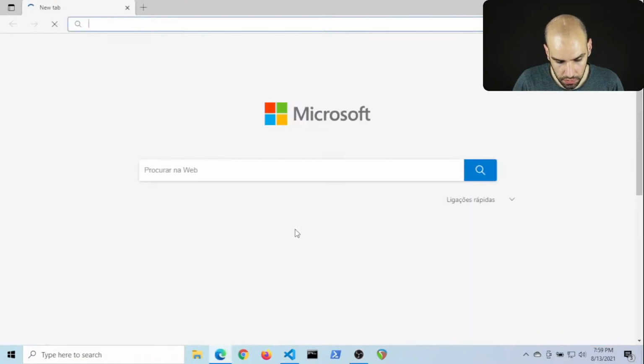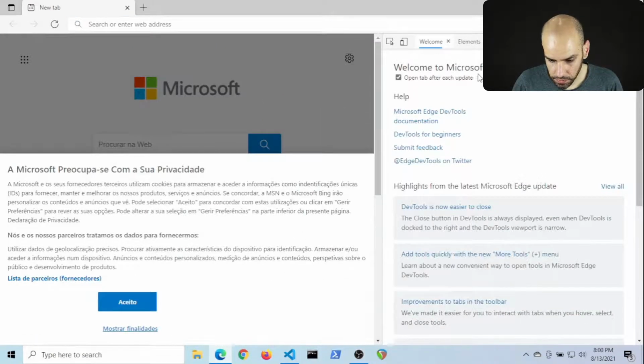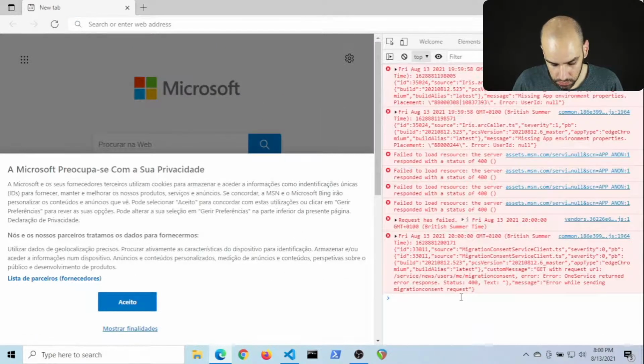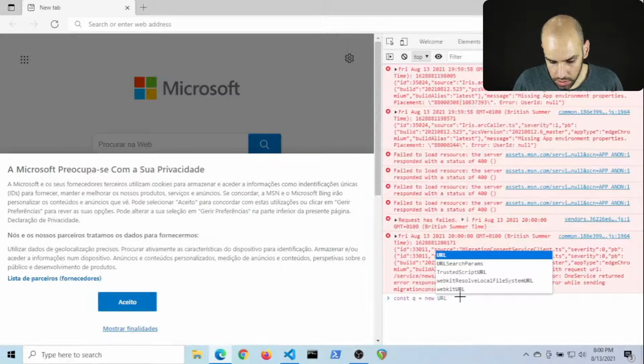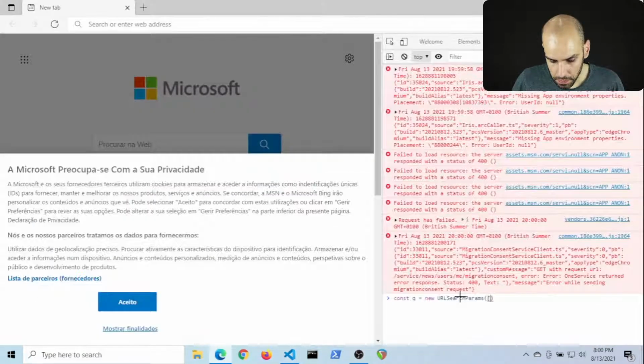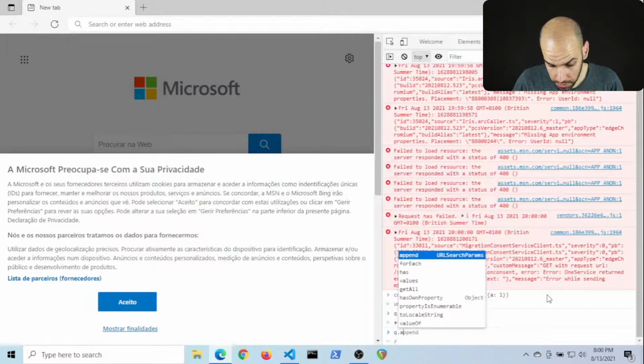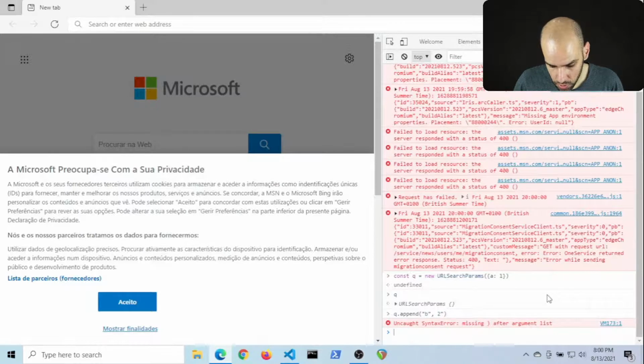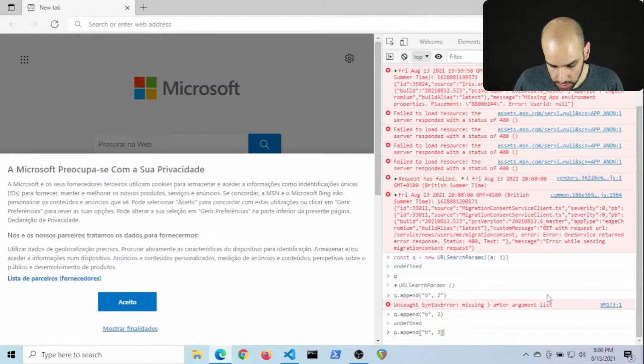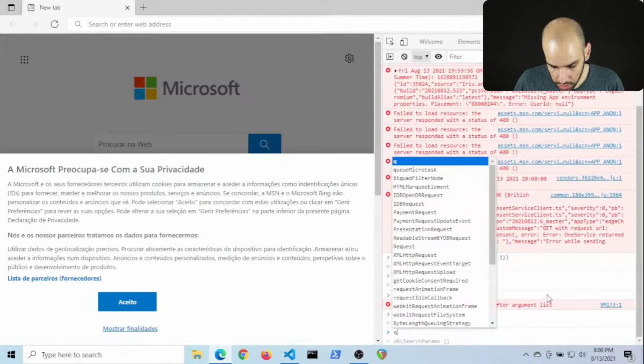Let's check this out. If I come to the console and say Q is my new URL search params based on this object. What is Q? That's not how you initialize URL search params, is it? But I can always append b maps to 2, like that, and then my Q will have some parameters in there.